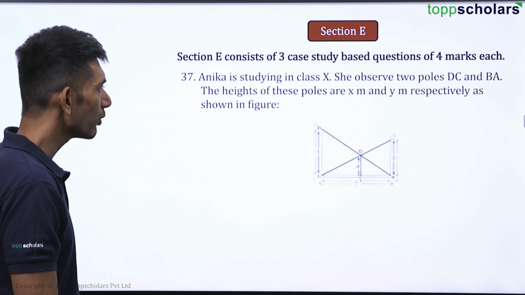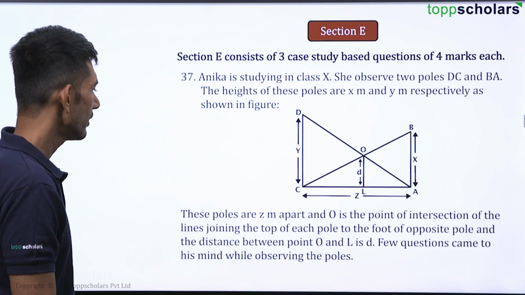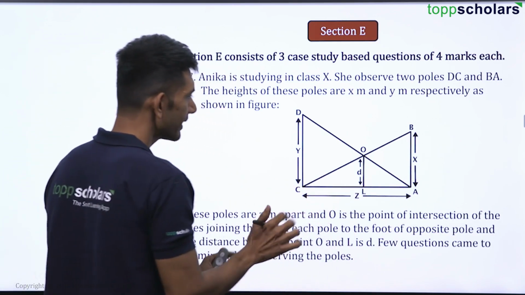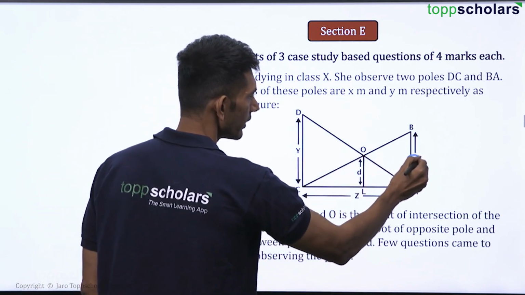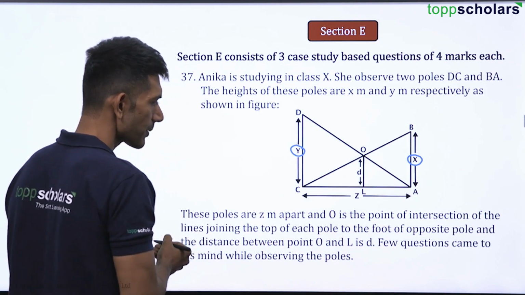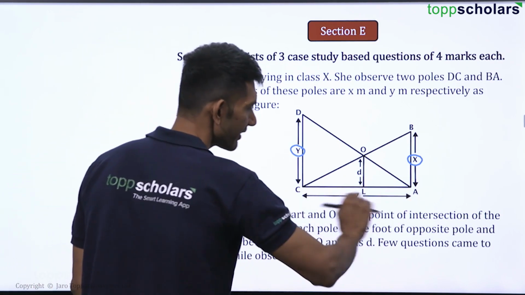The heights of these poles are x meter and y meter respectively, shown in the figure. So these poles are z meter apart. See, understand, there are two poles. AB is the first pole, CD is the second pole, correct? And then they are z meters apart. So AC is z,